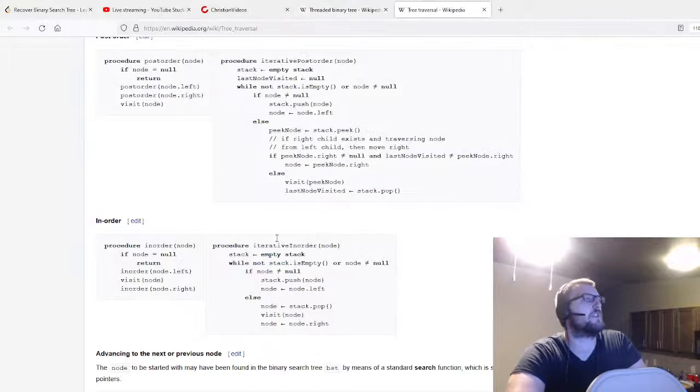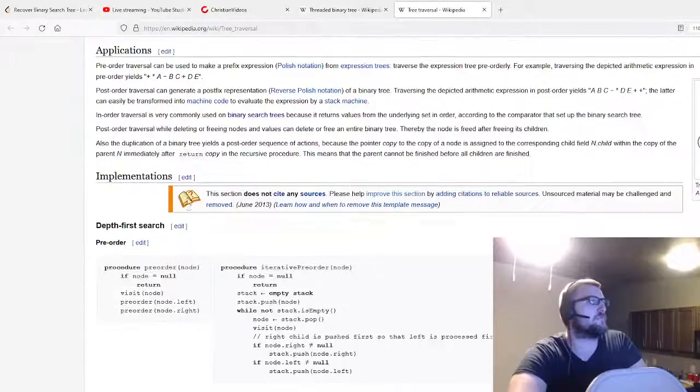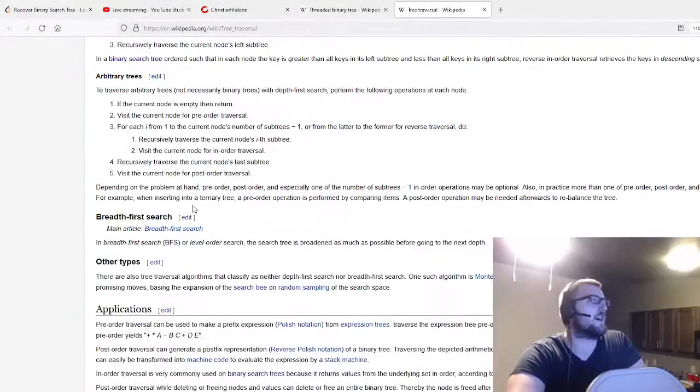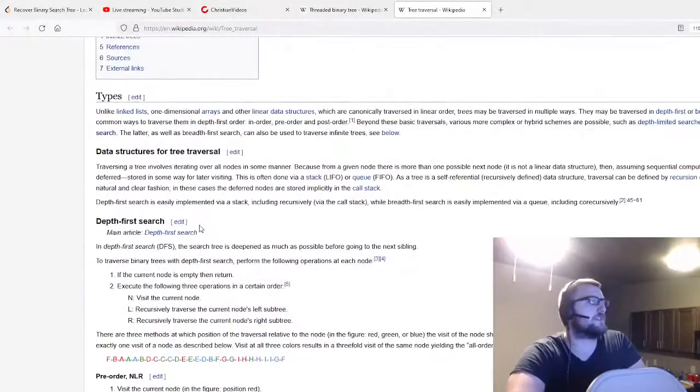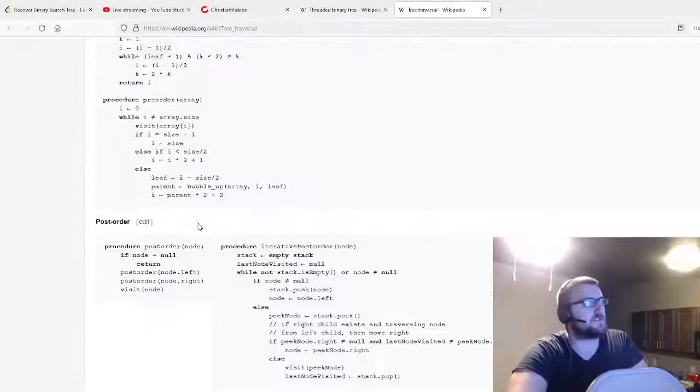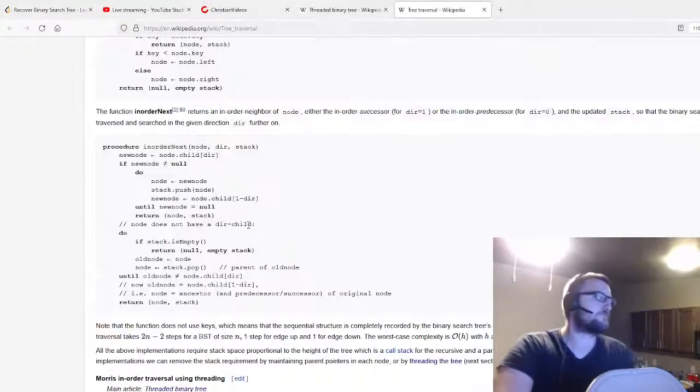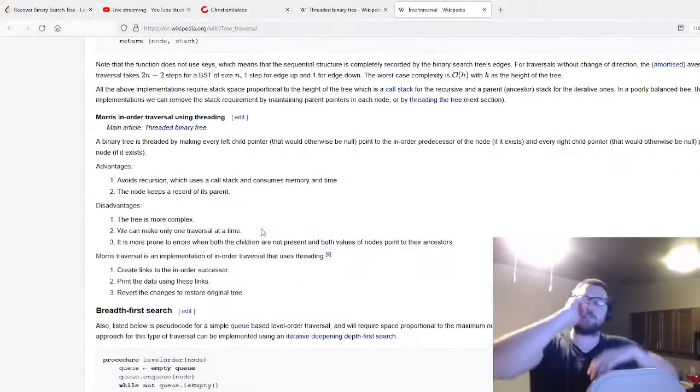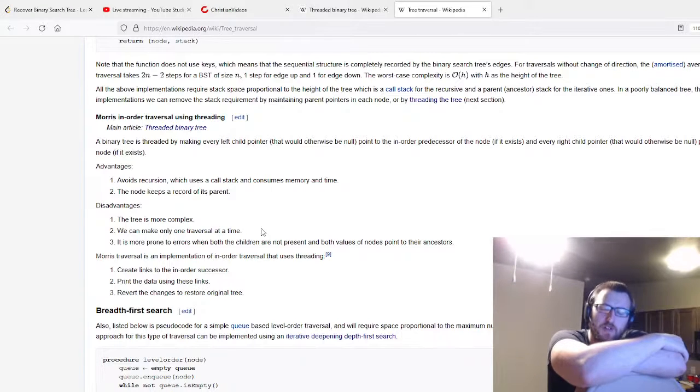Actually, no, we'll just write Morris traversal again. I've studied Morris traversal a few times, and I never remember these things because they're just things I usually look up. But yeah, I guess to just remember the Inorder traversal, you would, if the stack is empty or